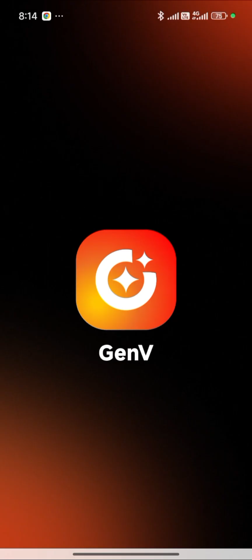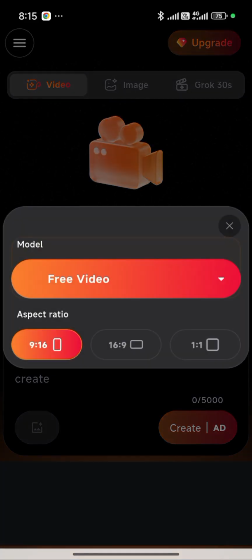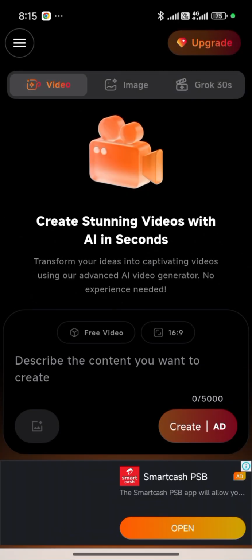So we are going to wait for it to open. Mind you, this app is entirely free, and just like the first version of Grok, when it was free, it creates 5 seconds video. So you can create this 5 seconds video, and you're going to merge it together to get a long form video. Guys, this is simple and straightforward. So you can see where it says free video. You're going to click on it, and you're going to select your aspect ratio 16:9, and you will go back,